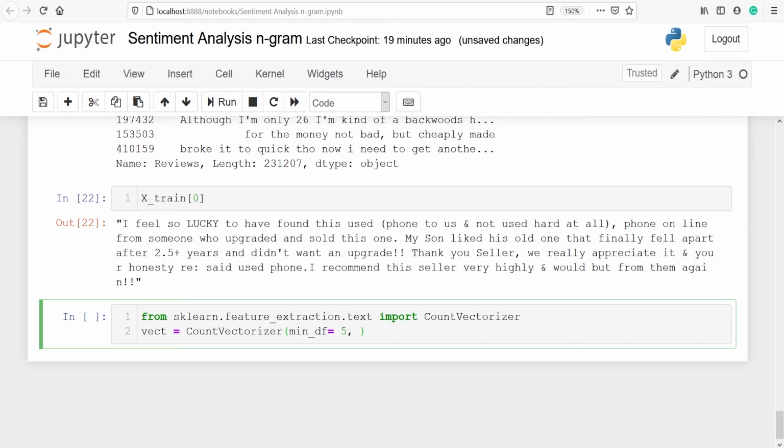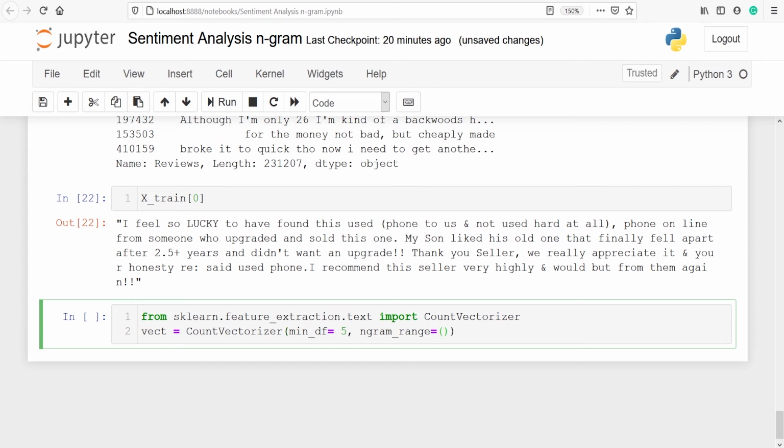And let's pass one more parameter. To create n-gram features, we will pass in a tuple to the parameter ngram_range, where the values correspond to the minimum length and maximum length of a sequence.